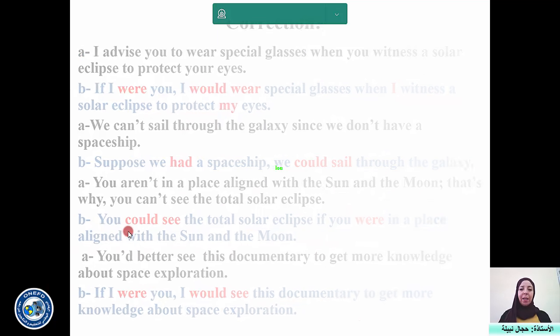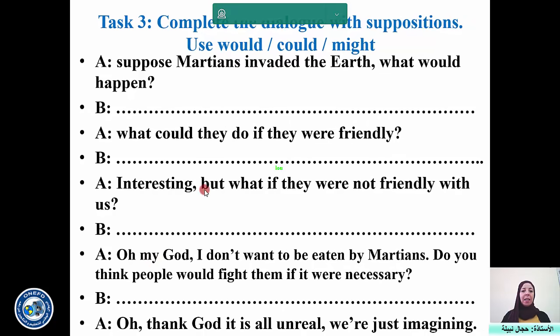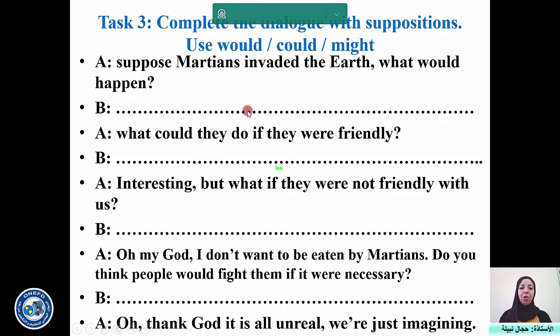Let's move to another kind of activity, that is dialogue completion. Now you complete the dialogue with suppositions using would, could, and might. Okay, try to use the different modals, okay, to have different possibilities. Of course, you have many possibilities for answering this kind of dialogue, but